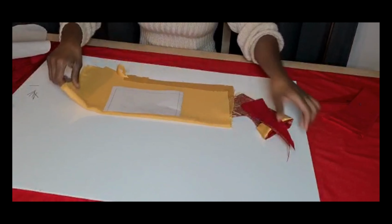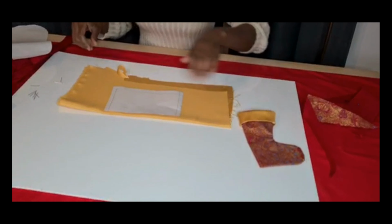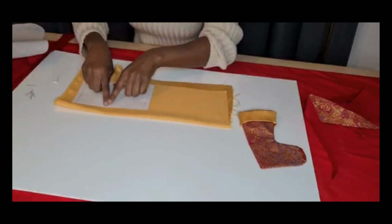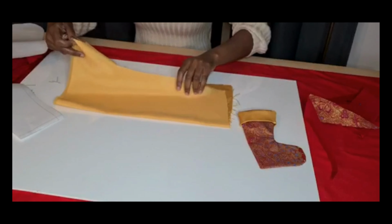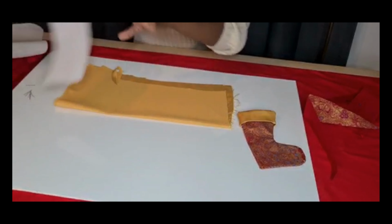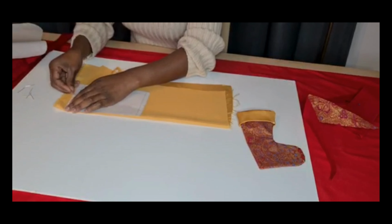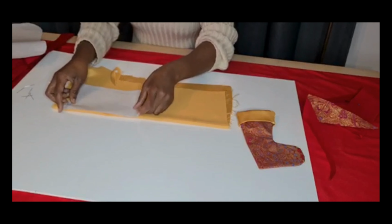And I'm going to use a contrasting gold to just make it stand out, just like the sample. So like I mentioned before when we were talking about this edge, this is going to be on the fold. So you want to take your fabric and fold it in, and then that will give you a nice seamed edge. So we're going to secure that down, and like this one,